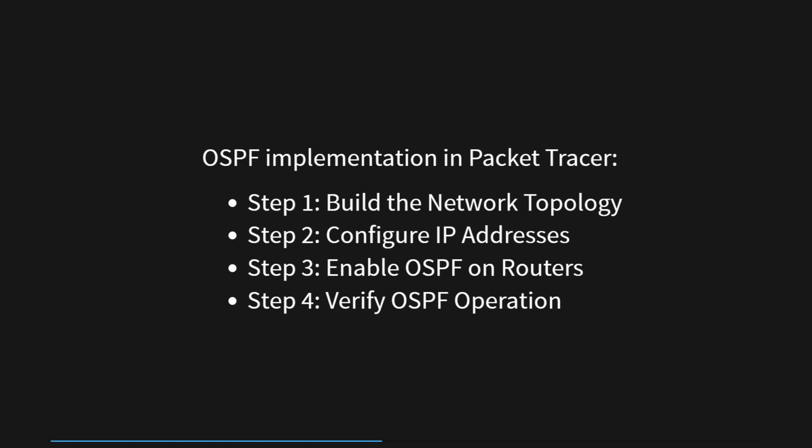Moving on to step 3, we enable OSPF on each router by applying the appropriate commands discussed earlier, specifying the process ID and network information. This allows the routers to start exchanging OSPF-related data and forming adjacencies. Finally, in step 4, we use the show commands, such as show ip ospf neighbor and show ip route, to verify the OSPF adjacency formation and routing table entries on each router. This verification process ensures that OSPF is functioning correctly and the routers have established communication and are using the OSPF learned routes for efficient packet forwarding.